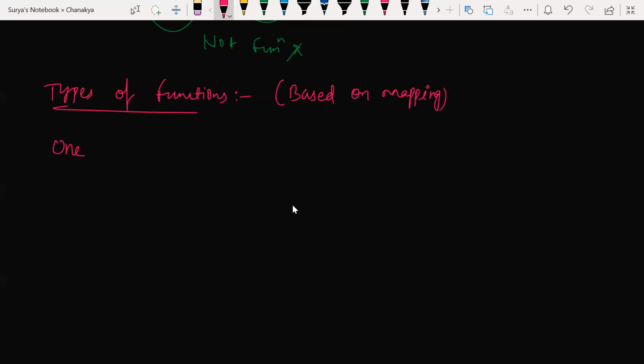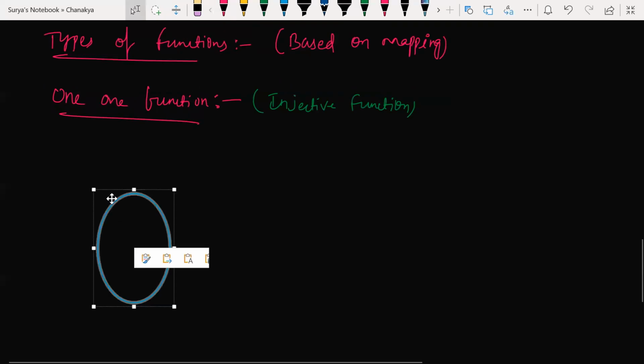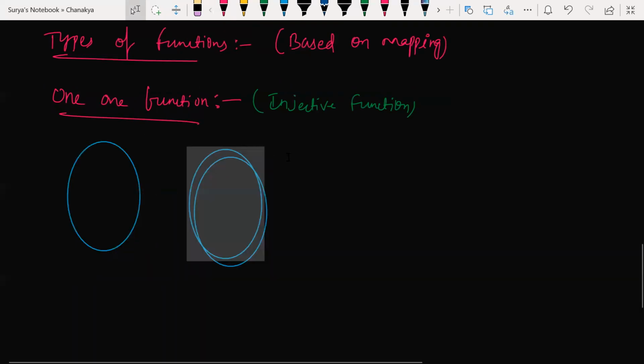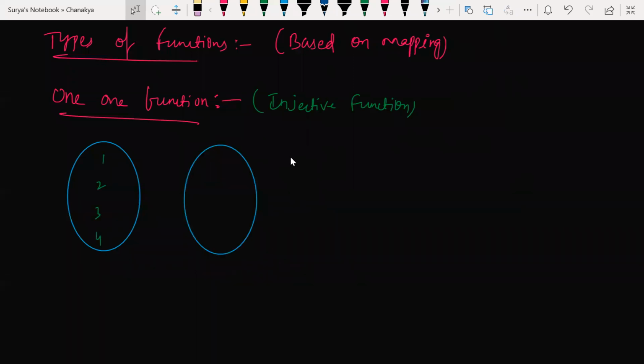What is that? One-to-one function is also called an injective function, beta. Injective function. Quite simple. Now I was taking an example. Let me take the same example. Now let me take 1, 2, 3, 4 here. A, B, C, D, E here. Okay. So 1A,